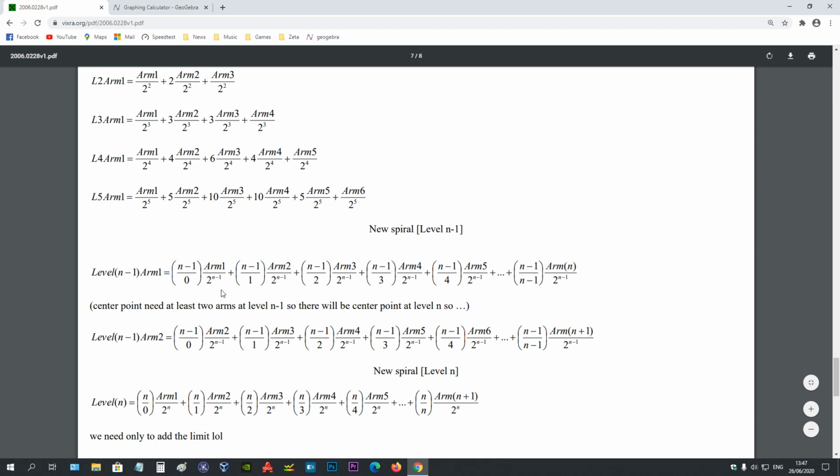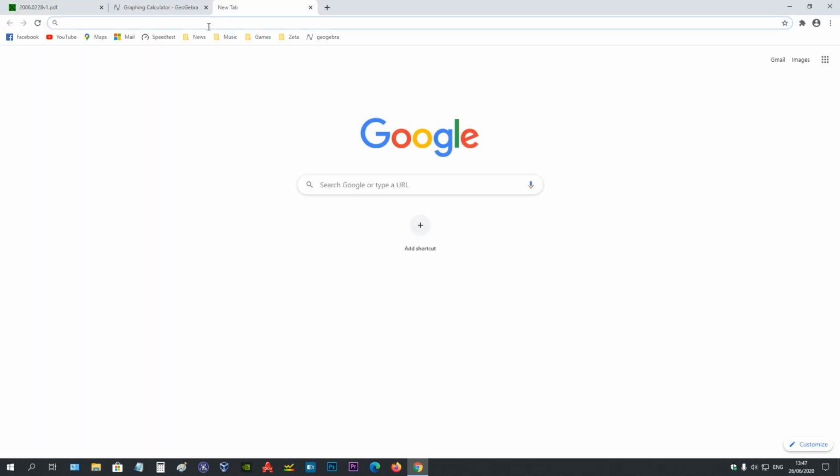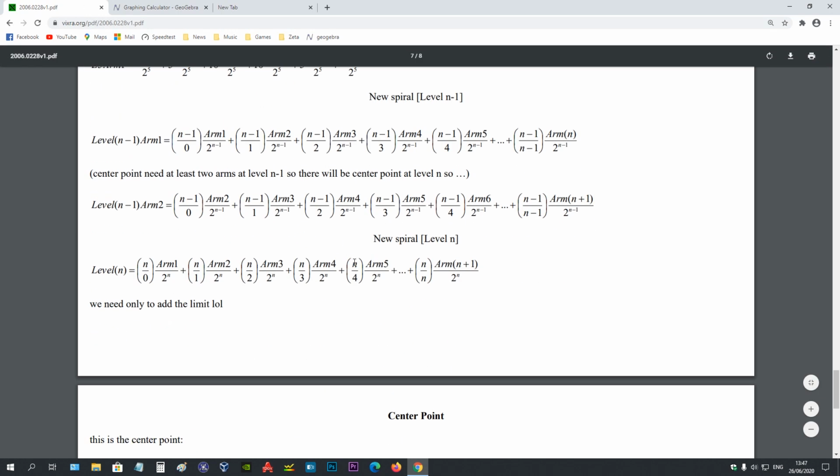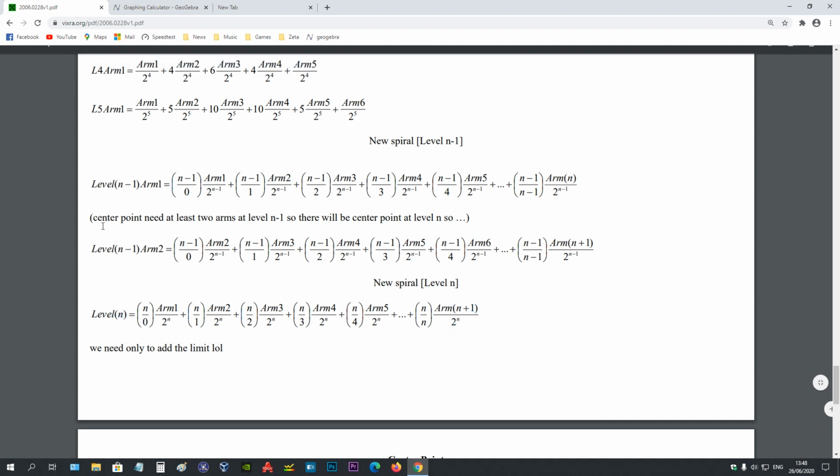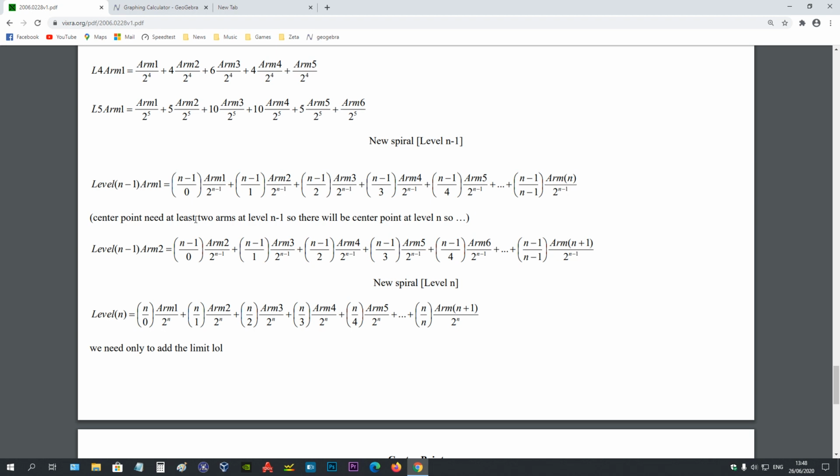Okay, I think it's pretty obvious what you see here. Never mind. I wanted to show you something, but never mind. I know that I can go from here to write this line. You can skip what I wrote here, but just to set the mind at ease, the center point needs at